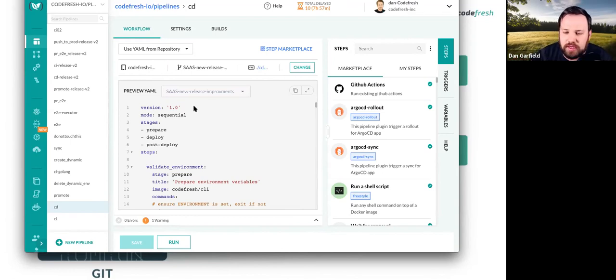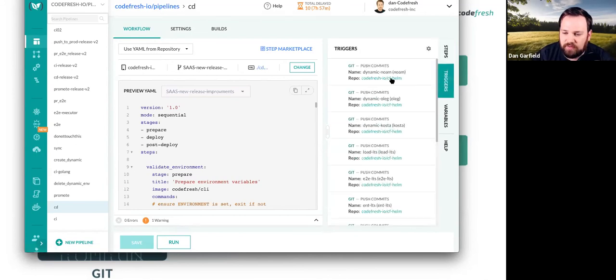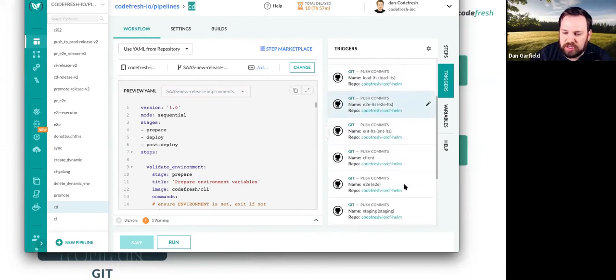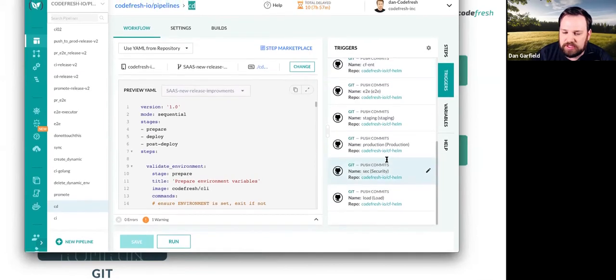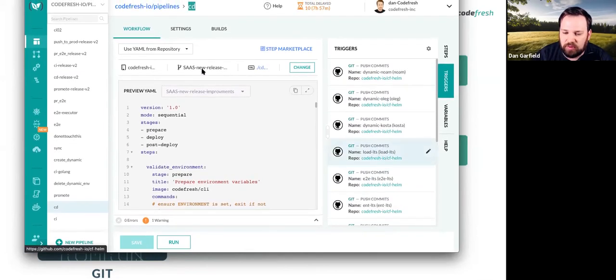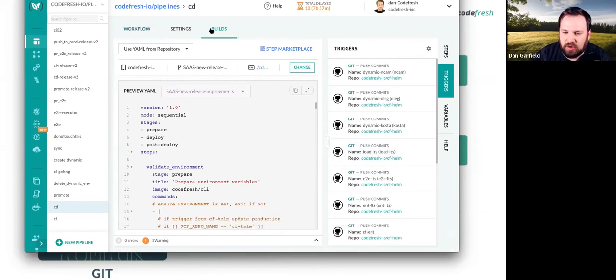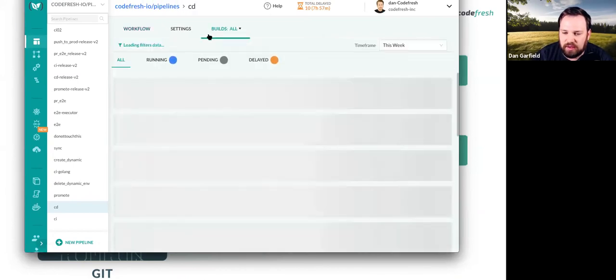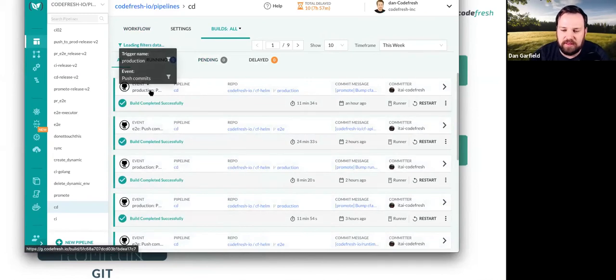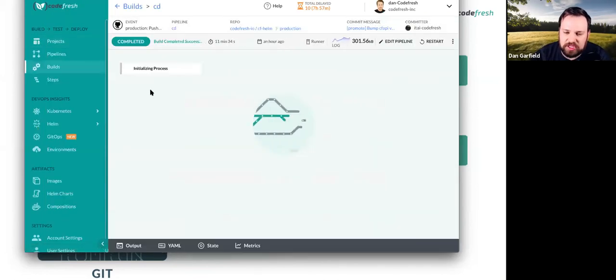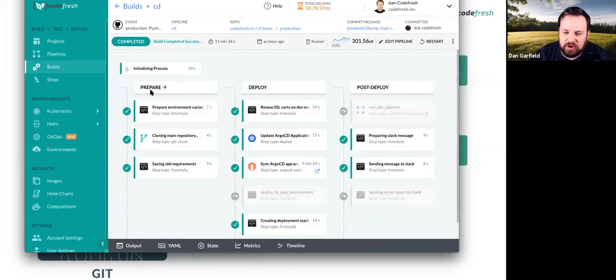So what we do is we have a shared pipeline, and the shared pipeline operates off of different triggers. Because this is a CD pipeline, it is operating off of a single repo, the CF Helm repo, that stores different Helm charts that are meant to be deployed into production. As a pull request is opened, this will go and test and validate that the change being pushed is going to work properly.